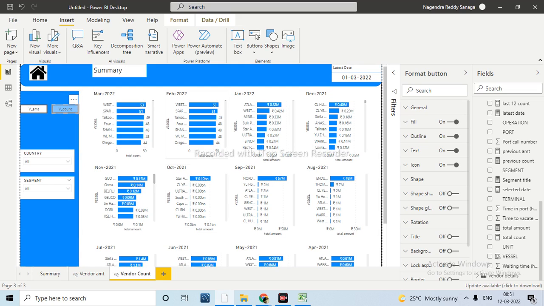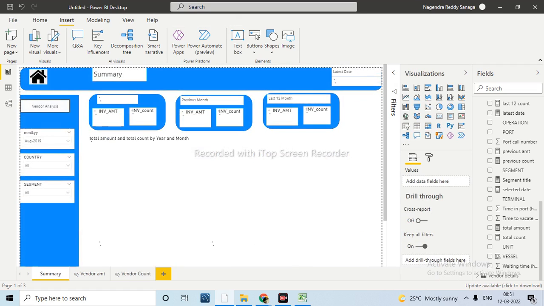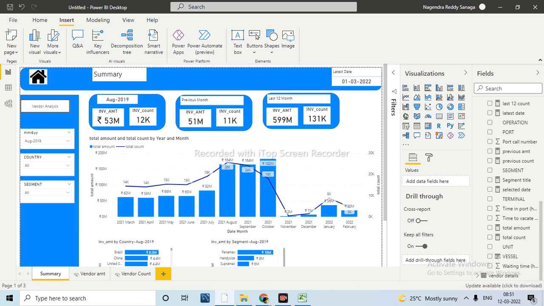Okay, now just one more page. And here we'll see the conditional formatting. I think at that time I had forgotten to. When we were seeing the numbers, we designed the conditional formatting. But when we use cards, if you want to change the background color, for that we haven't seen anything. Just we'll take any of them. For example, I am taking only one of them, not all, just this one.